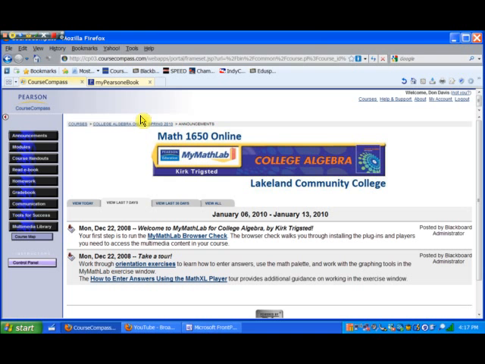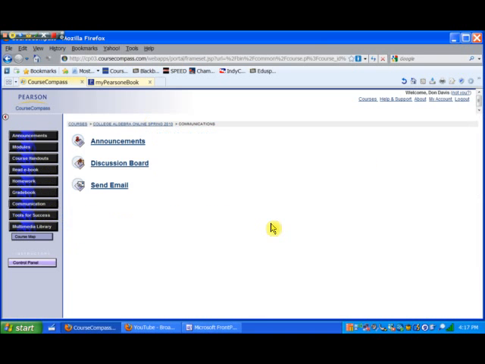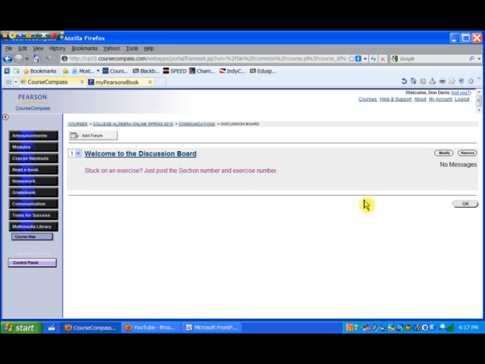If you have any questions on anything, you can send me an email at the address that is on the course syllabus. You can also go to the communication area and go to the discussion board. I'll be checking this periodically, and I'll also put some solutions here. I might put a screencast here or a PDF file so you can see some solutions on some things you might get stuck on. So go to work on the modules and then do the practice exercises. When you complete a module, go ahead and start the homework, the module